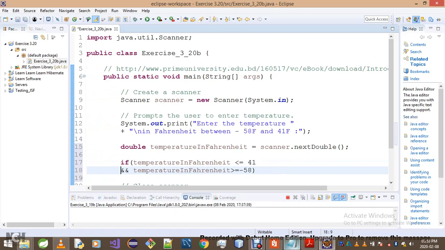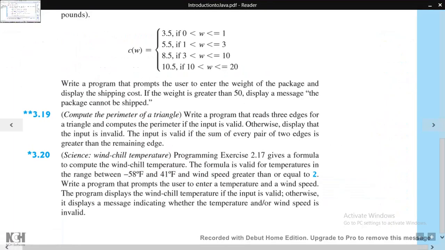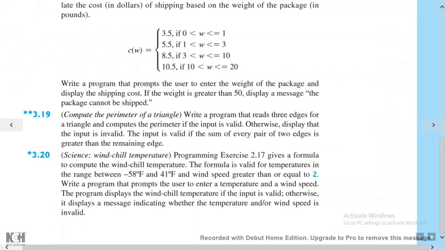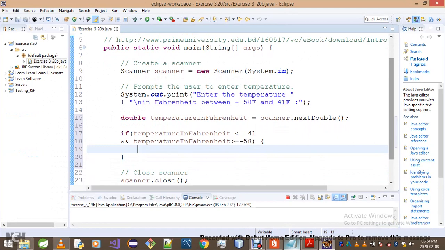and then what is it we're gonna do or say in that case? In fact, it seems like this is our judging. Oh, they actually, 58 is our minimum and 41 is our maximum. So this is the valid case. So our temperature is okay in this case. Okay, what we then do,